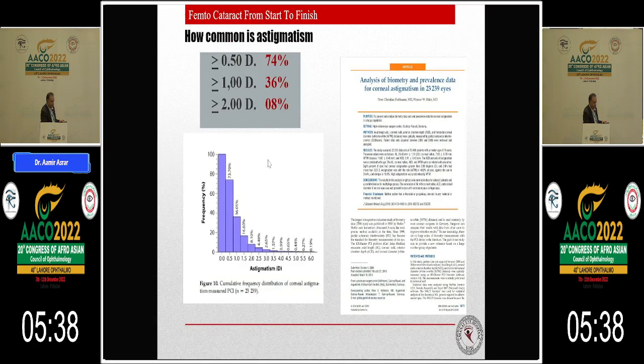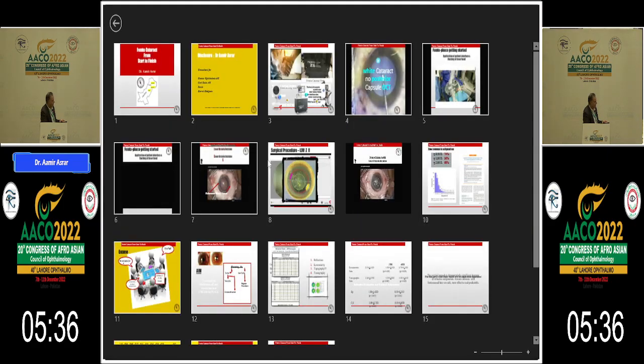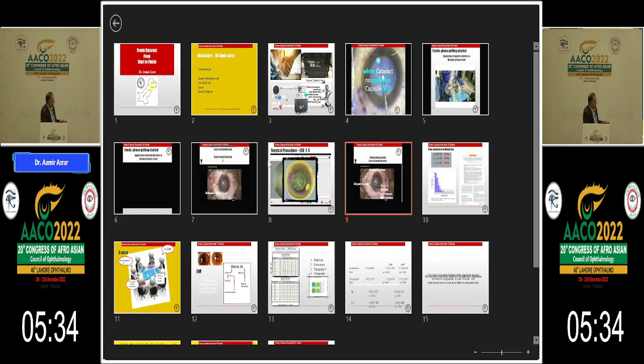Filling it up with viscoelastic, and usually we end up with a free-floating capsulorhexis. But one has to be sure, because there are times when there are adhesions and the capsulotomy is not complete. And if that is the case,